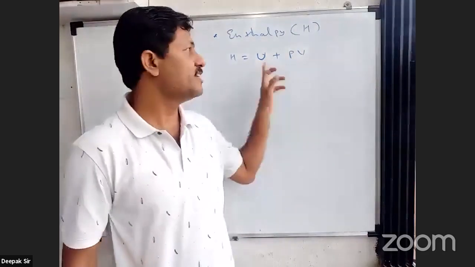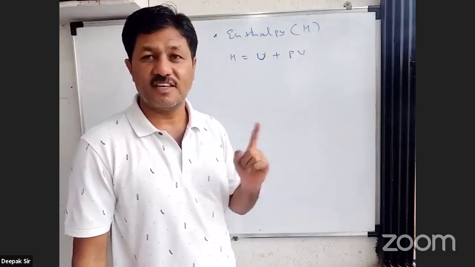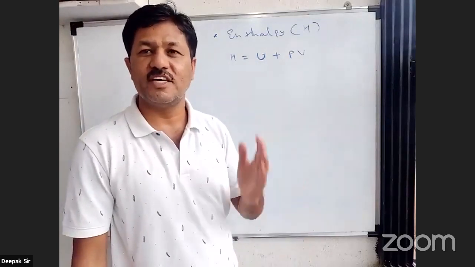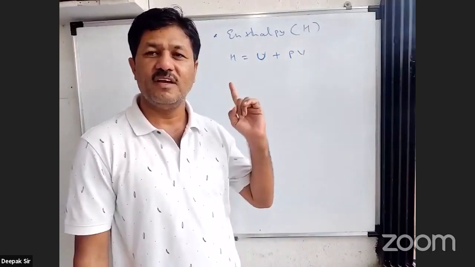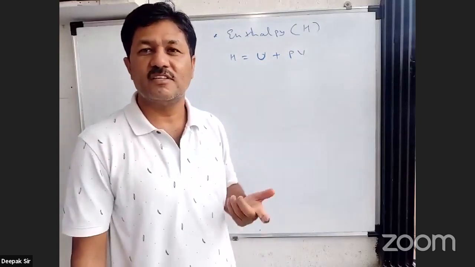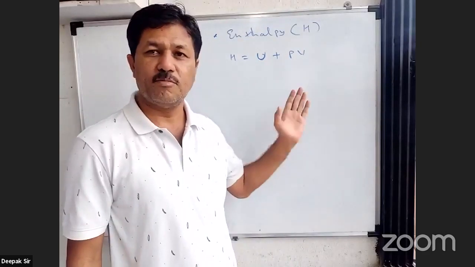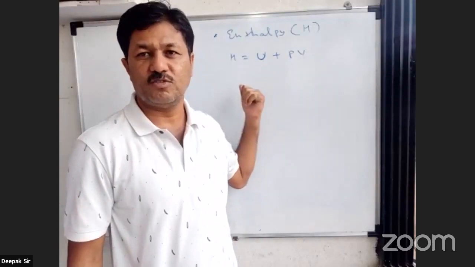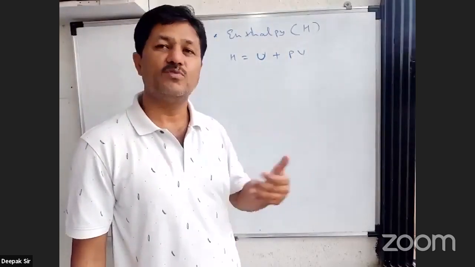Even though we cannot measure U, we cannot measure U1, we cannot measure U2, but we can measure delta U. We saw that the difference between the two states is nothing but delta U. So U2 minus U1 is delta U. So if we can measure delta U, then enthalpy also has to be measured in the format of delta H, because we cannot measure absolute internal energy, so we cannot measure absolute enthalpy. So in that sense, though the theoretical form is here, H is equal to U plus PV, we can't measure U, so that's why we can't measure H. So hence, we need to explore it a different way, and we have to go ahead